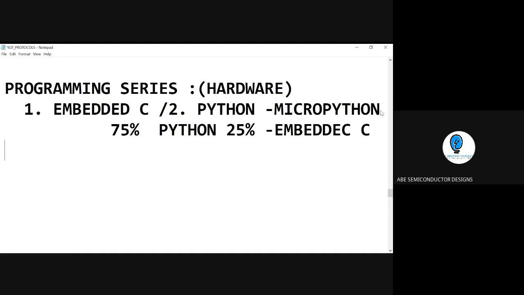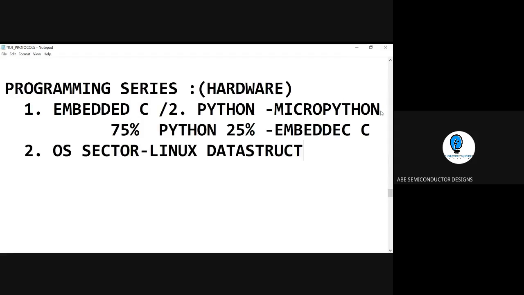And then the second thing we have to come across is the OS sector. This is for the hardware subject. In programming, we have to care about Linux. What is happening here is the combination; we can make it out with Linux.